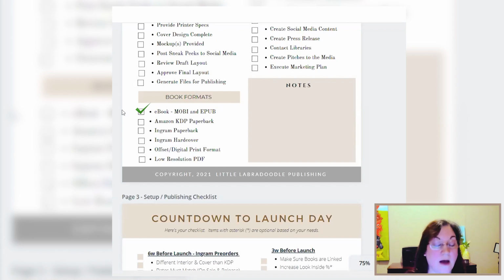Those are ebook files. Now, if you're going with Amazon and you're going to do KDP Select and you're going to go exclusive with Amazon, then a Mobi file is perfect. If you want to go wide, which means you're not going to be exclusive, you're going to want to submit your ebook to other platforms like Ingram Spark, Smashwords, Kobo, Apple Books, Google Books. Like if you really just want to go wide and just let this ebook fly, you're probably going to want to do an EPUB because these other formats will typically not accept a Mobi.